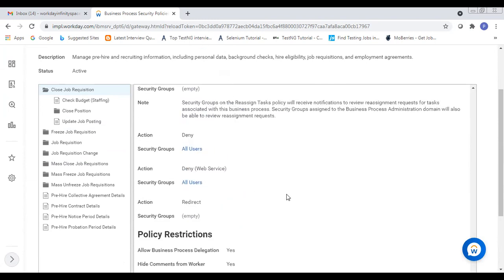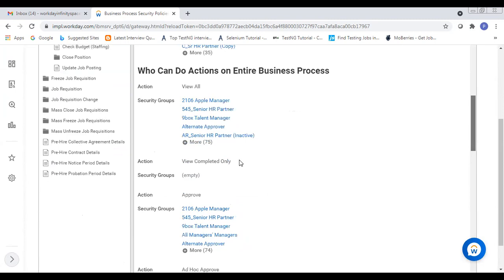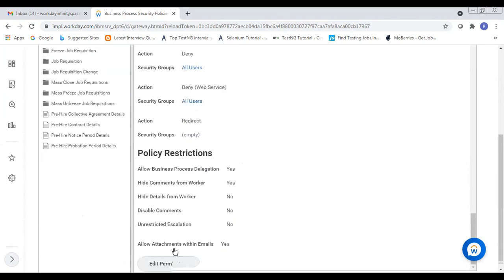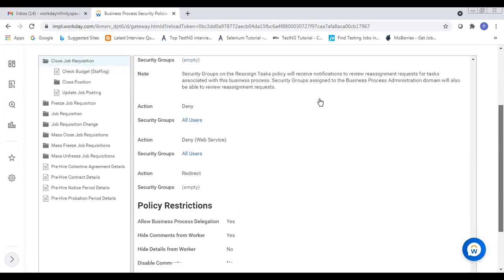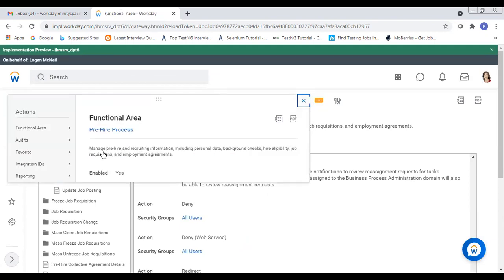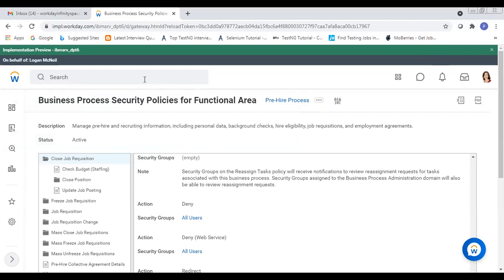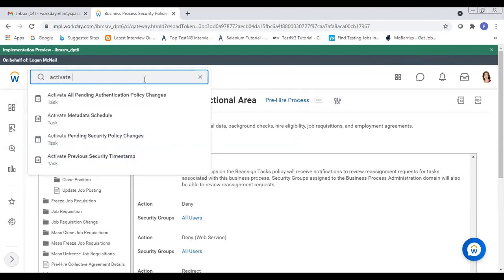After making changes, to edit this we can see below there is edit permissions, or we can go to related actions and select functional area edit. Once we have edited the functional area, we need to activate it using a task called activate pending security policy changes.